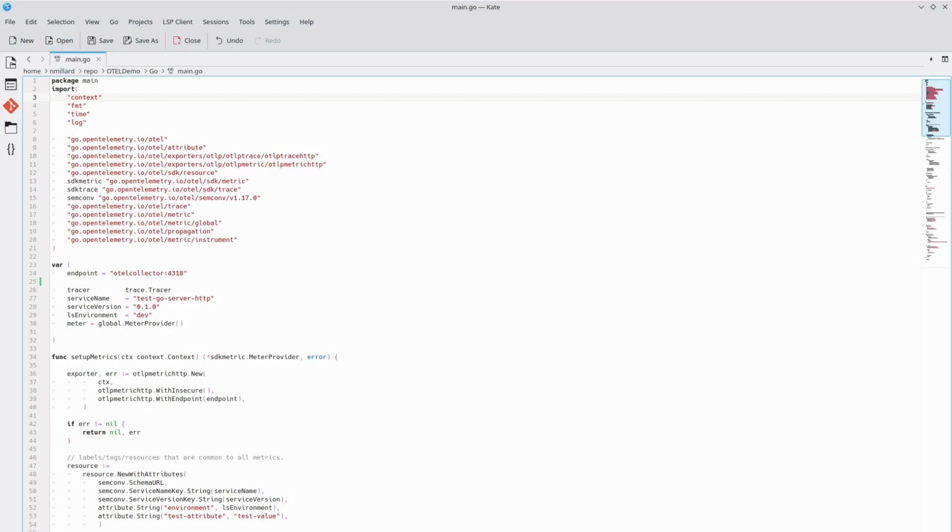To configure my app to send telemetry data, I will need a function to initialize OpenTelemetry. I've added the following code in my main.go file under import to add the required dependencies for my project. I've also added a variable to define my Otel Collector endpoint. Since I'm using Docker containers, note the address here uses the Docker container name of my Otel Collector instead of